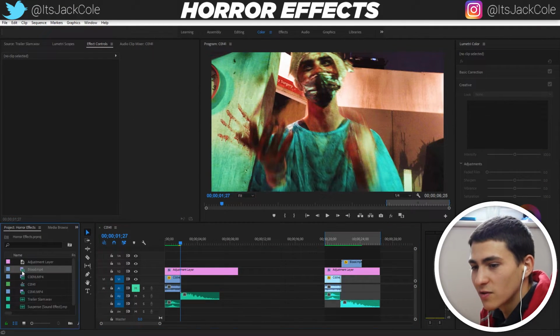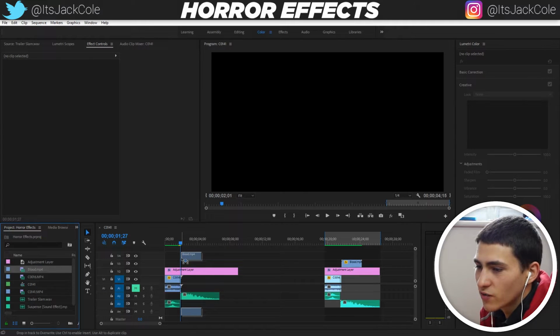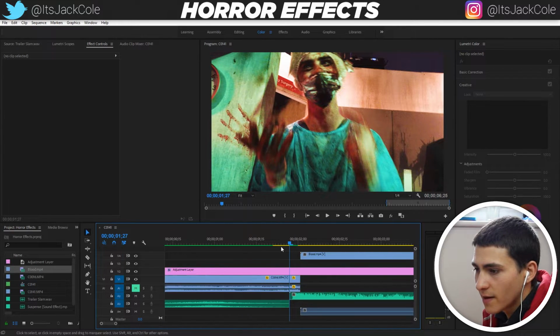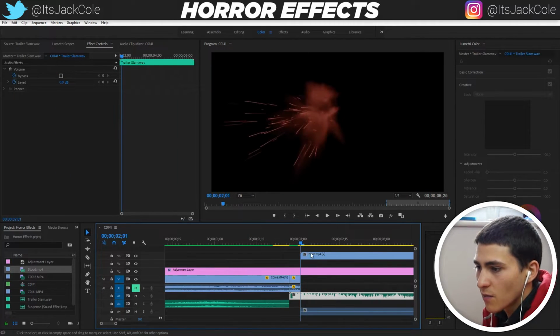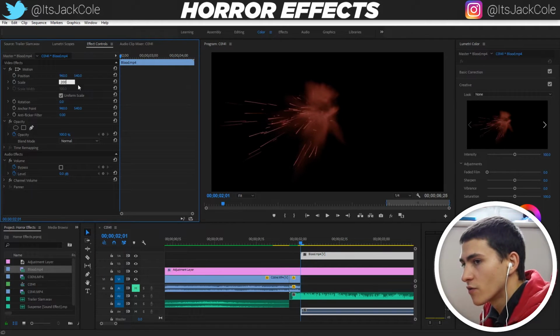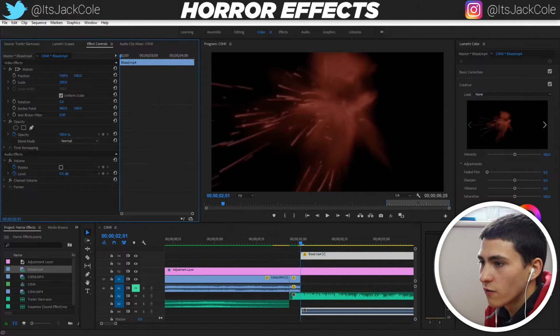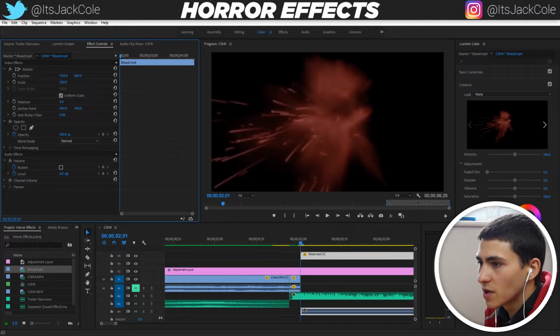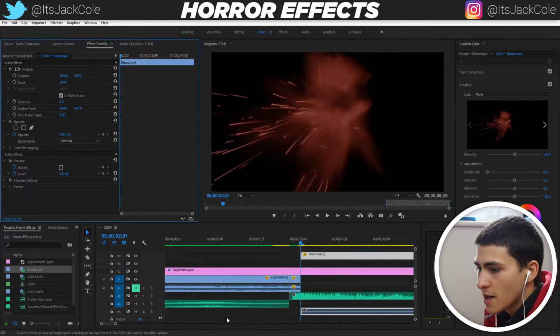And finally, what we want to do is go ahead and get our blood on there. Drag the blood to the top. Have it coming on right after these few frames, right? So it kind of blows up. But I want to take this blood and do 200 so that it's fully taken over the screen. Drag it over to be a little bit in the middle, right? So the blood splat looks like it's coming from the middle.